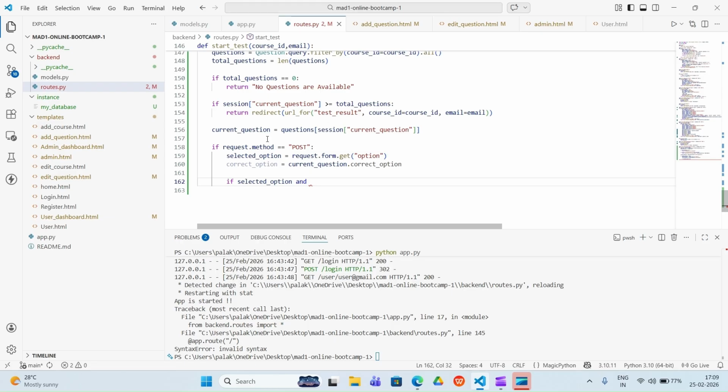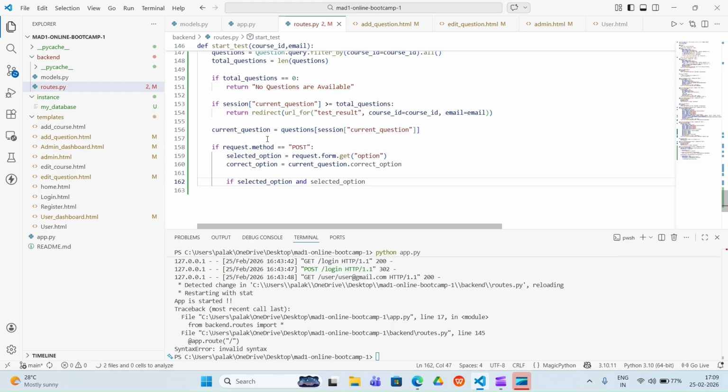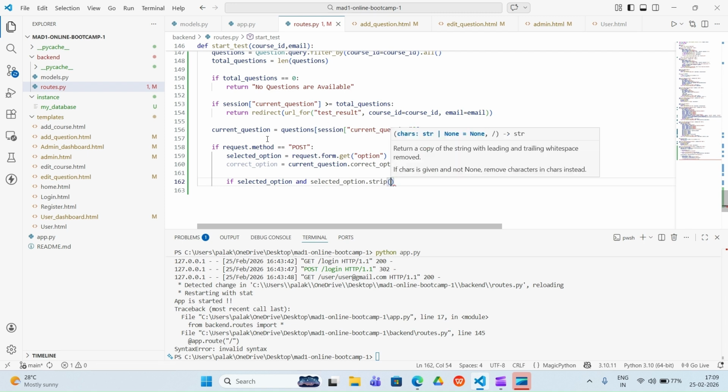Okay, so for that we'll write here, if selected option and selected option dot strip. Strip removes the white spaces, so all spaces will be removed. And then we'll make it lower, and then we'll match it with the correct option. So we'll write here correct option dot strip.